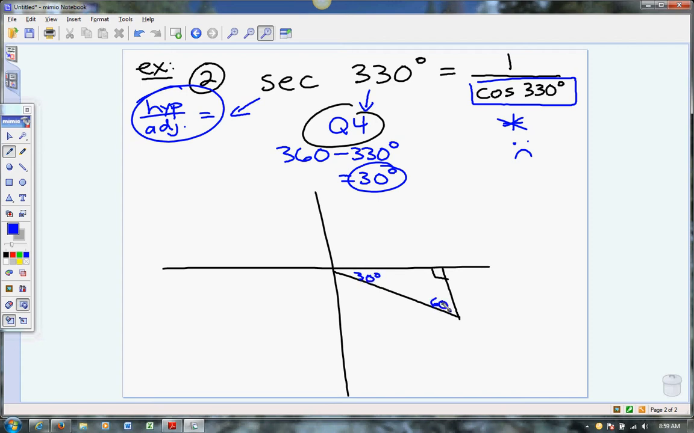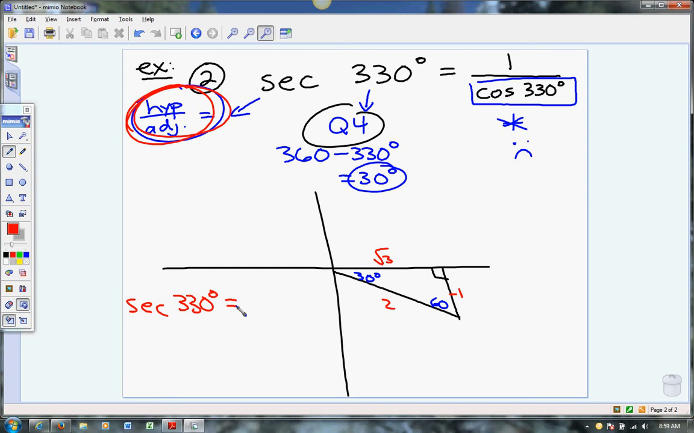We're not going to work with that 60-degree angle, but we're going to go ahead and label it so we know how to label our sides. My sides are going to be, the short leg is always 1, 2, radical 3, but this is a -1 since it's down below in the y-axis. And then I just remember that secant is hypotenuse over adjacent. So the secant of 330 degrees